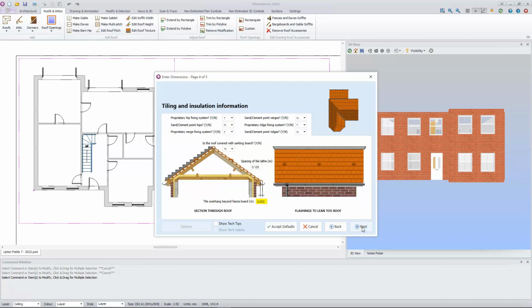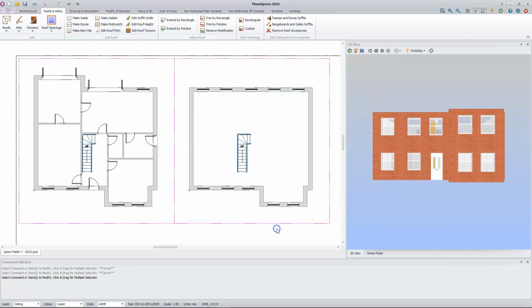On page 4 there's one dimension left which will have an impact on your drawing, and that's the tile overhang beyond the fascia board. If you need to tweak that detail, then you can do that now. Once you've done that, we can click accept defaults because we have edited everything that will have an impact on the drawing. The final screen just relates to finishes, and that's if you're estimating your roof. Of course you'll want to consider those things. So if we just click accept defaults,